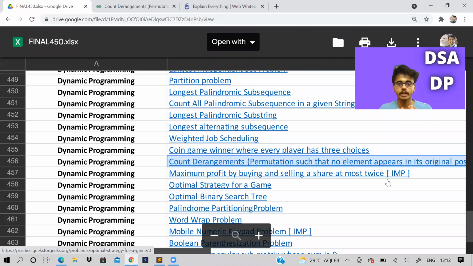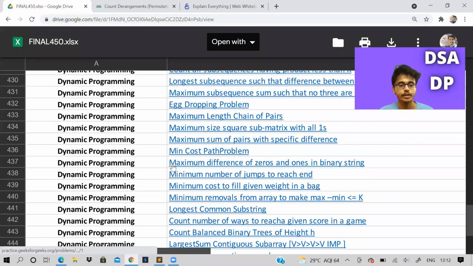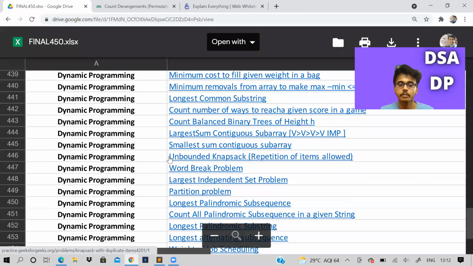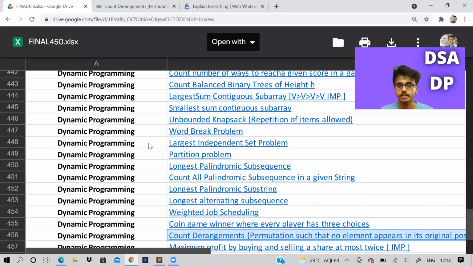So in this video, again, we will do a dynamic programming problem, and I think we are left with 15 to 20 problems still. There are a lot of problems in this DSA sheet, but anyway, it is good. We are getting a very good practice, right? So many variety questions are there.